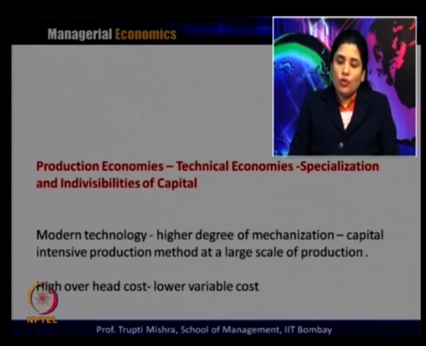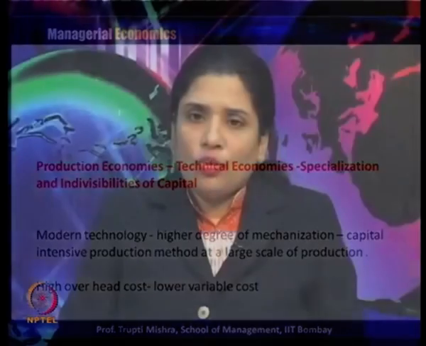We talk about the automation of the production process, the high end capital equipment, the mechanization, the high end technology. That is the part of modern technology, and if you look at it, these all carry high overhead cost. But when it comes to the average cost, it has the lowest average cost because of the productivity and their performance.